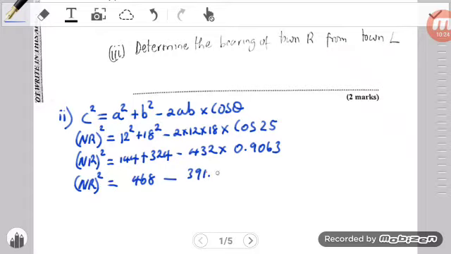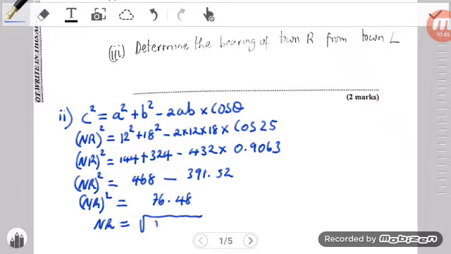Subtracting both these numbers, 468 minus 391.52, results in 76.48. That's going to be NR squared, and so NR will therefore be equal to the root of 76.48,